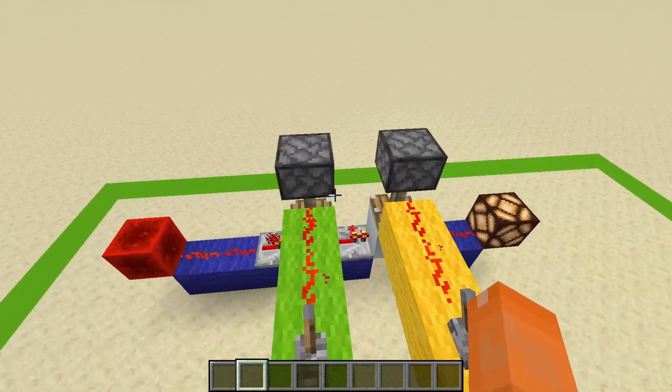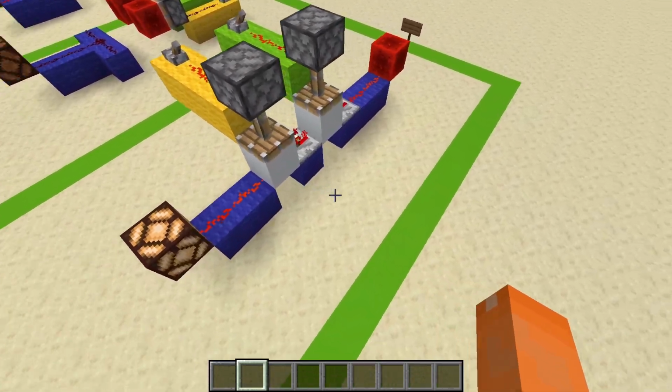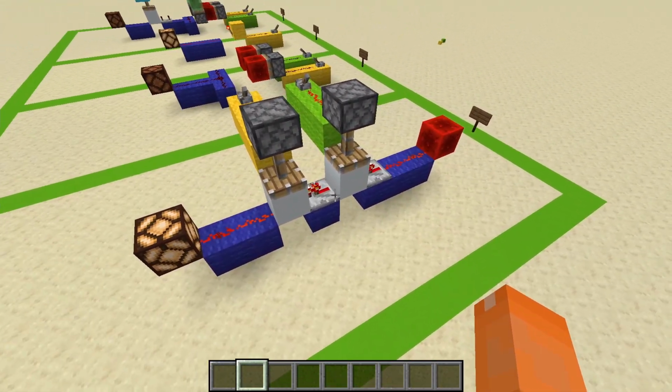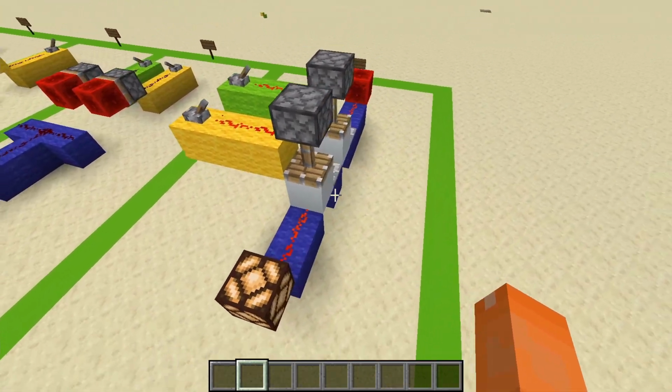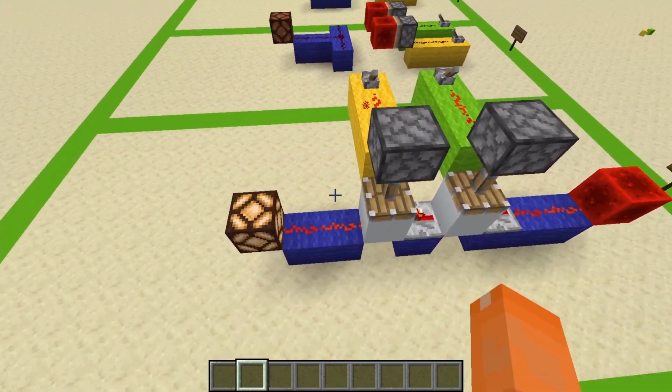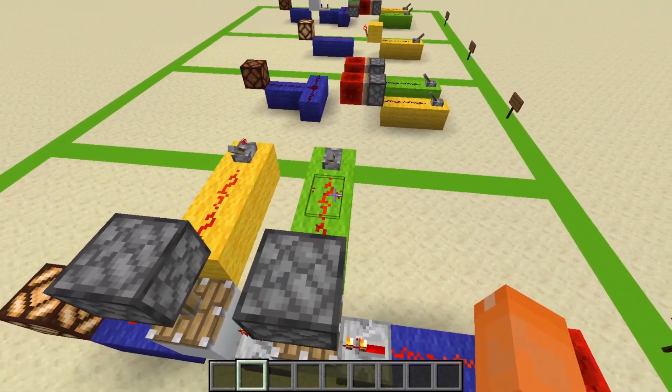So that's the AND gate. Pretty simple. Works really easily. It's a very common Minecraft contraption. I can't take credit for it. I also don't know who made it in the first place, but it's pretty simple, and it's been used here to essentially show that this and this is going to produce an output. So the next thing we need to move on to is